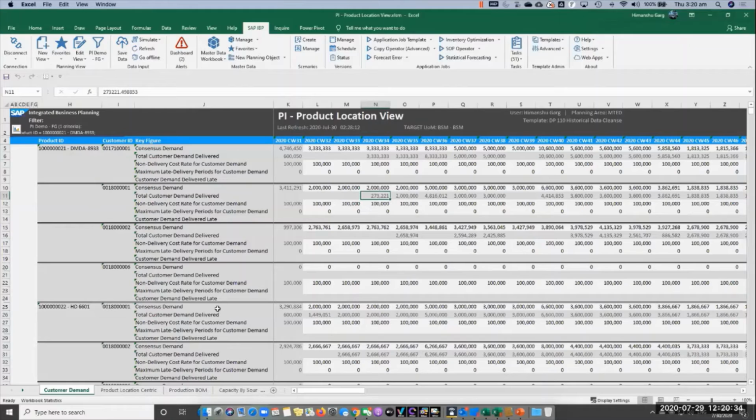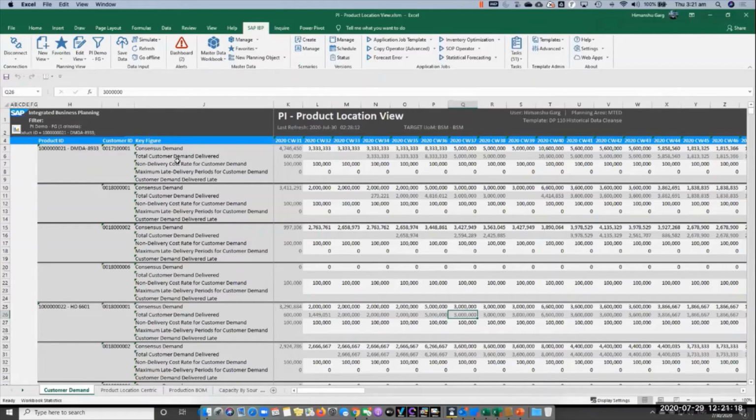But on the other hand, this is the other product which can be manufactured at more than one resource. So you will see that wherever it is not able to secure supply on one resource, it is moving on to another resource and it is trying to fulfill as much demand as it can. The way we have modeled it is that item 22 has more priority as compared to item 21. As a result, you'll see there are fewer shortages for item 22 as compared to item 21. So the system is trying to fulfill the demand for item 22 before it attempts to fulfill completely for 21.